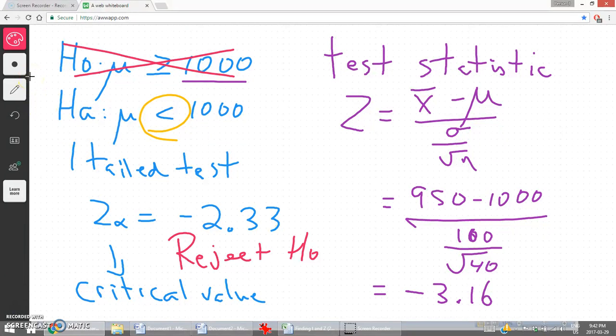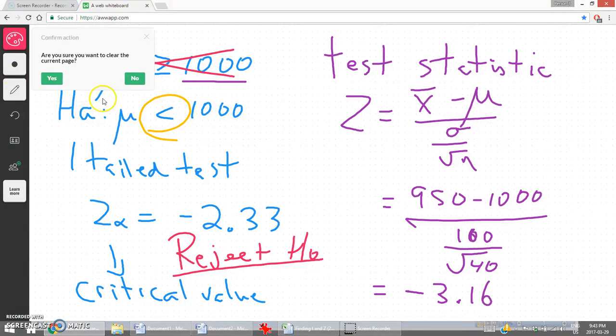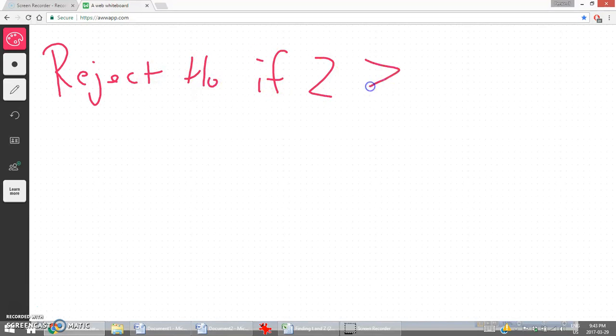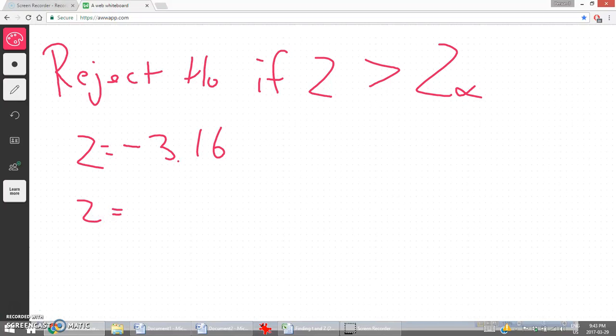The decision to reject our null hypothesis is based on this process. Let's just get some more room here. It's based on this process where we reject the null hypothesis if the test statistic is greater than the critical value. So even though our value was negative 3.16 for the test statistic and our Z value was negative 2.33, if you remember to make those values absolute in making the decision, you can easily make the decision to reject the